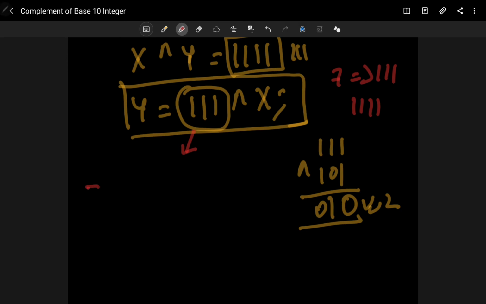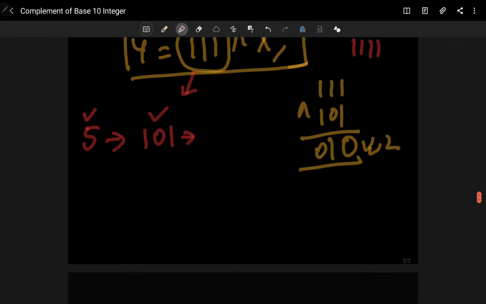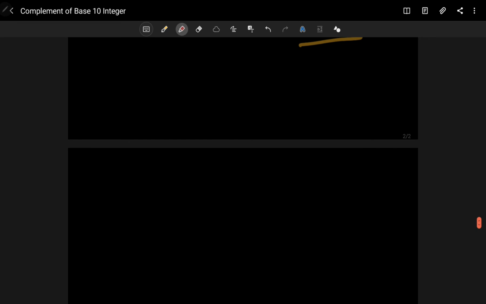So input 5 means 1 0 1. In this case we are going to take a number where all the binary positions are 1. How can we do that? Again we can convert the decimal number into a binary string.